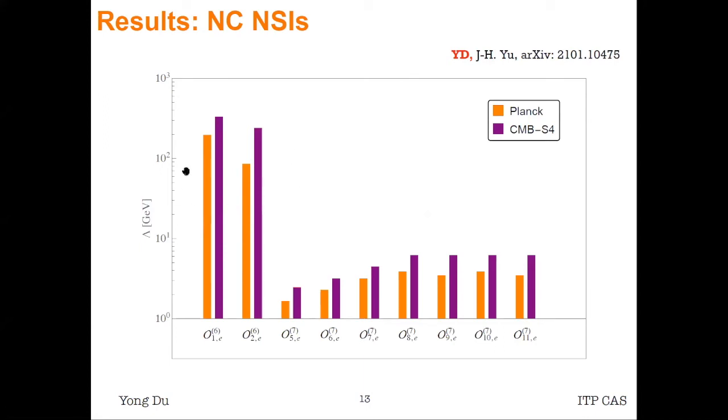operators, we show the constraints on the UV scale in this plot, where the y-axis is the UV scale lambda in GeV, and the x-axis labels the operators we consider in our paper. The first two cases correspond to the aforementioned vector and axial vector type neutrino electron contact interactions, and you can see that precision measurements of Neff are currently sensitive to any potential new physics around 200 GeV from the vector type interactions. On the other hand, the vector type interactions are more constrained compared with the axial vector case,